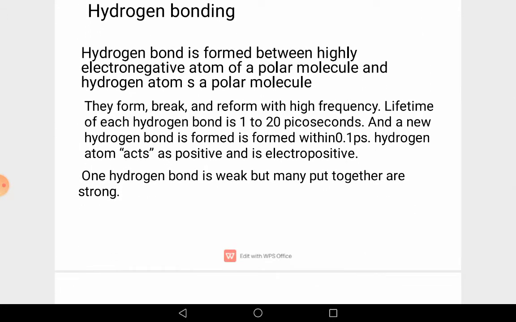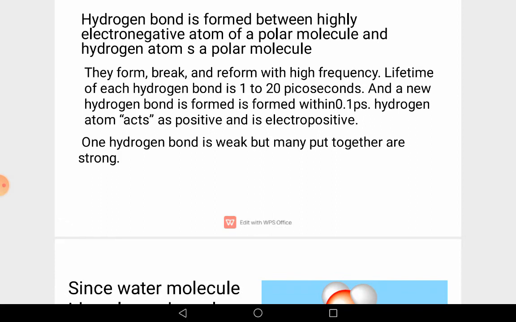The hydrogen bond is formed between a highly electronegative atom of a polar molecule and hydrogen atoms of a polar molecule. They form, break and reform with high frequency. The lifetime of each hydrogen bond is 1 to 20 picoseconds, and a new hydrogen bond is formed within 0.1 picoseconds. The hydrogen atom acts as positive and is electropositive, and one hydrogen bond is weak but many put together are